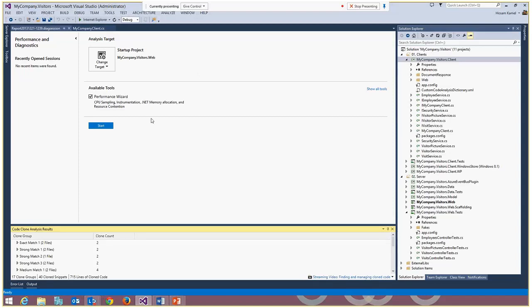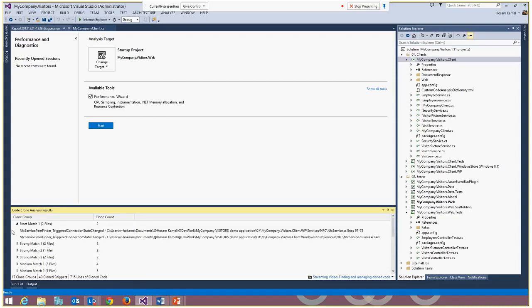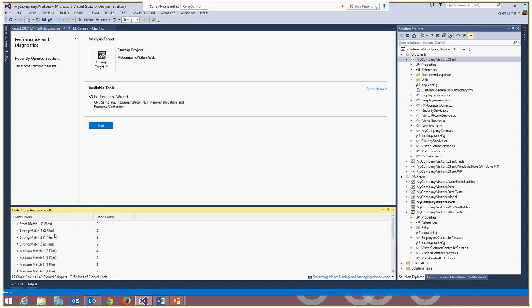So with the code analysis, or code clone analysis, it allows you simply to scan all your source code. Whenever we find any match, any code block that has been copied exactly, or have a strong match, or an exact match, or a medium match, it just shows you that these components are actually the same. Why not refactor them? Why not have the same logic in one centralized component and use it across all your